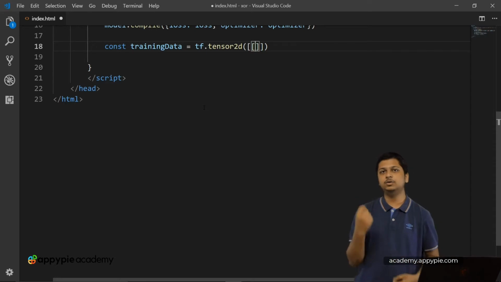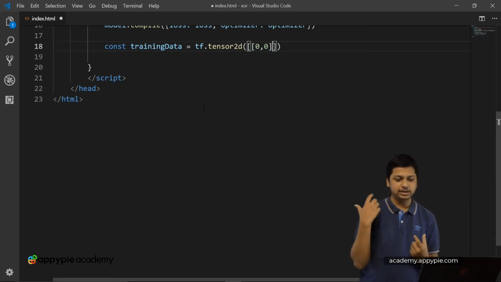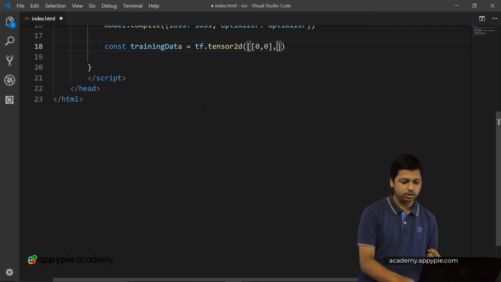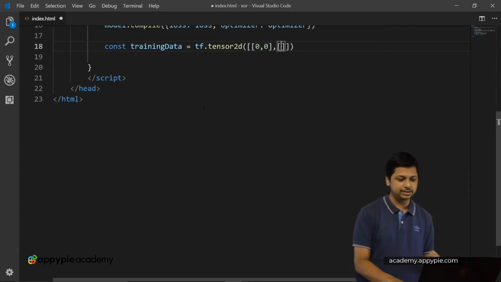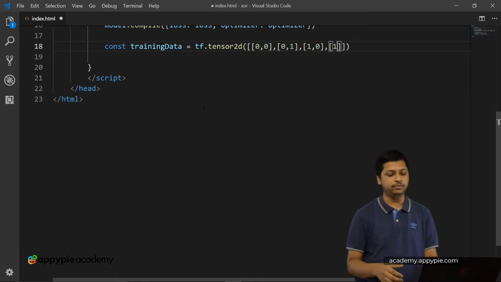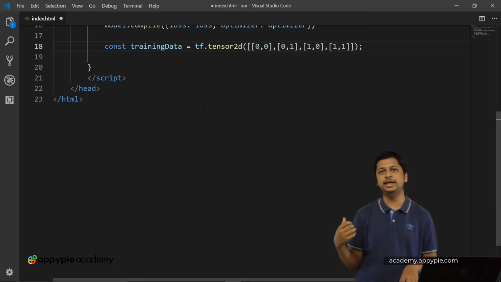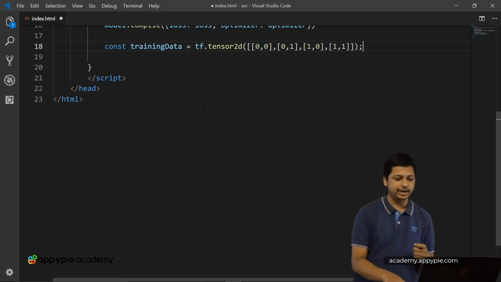Currently we only have two inputs, so the possibilities are 0, 0, and after the first array put a comma, and then we again have square brackets. So then we have 0, 1, and then we have 1, 0, and then we have 1, 1. Okay, so with this we have basically created the training data.